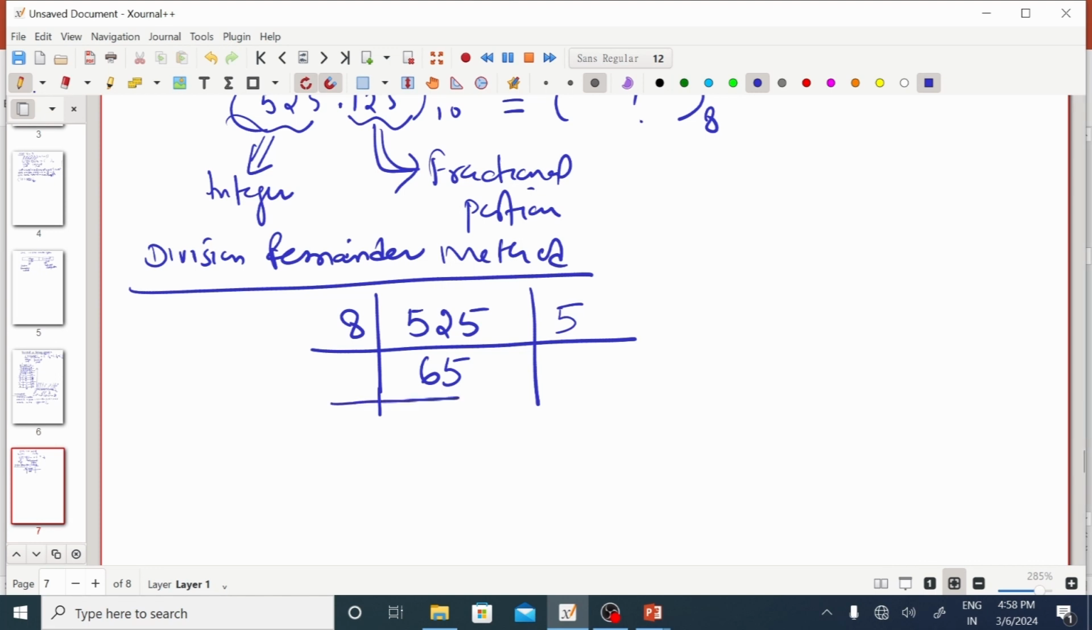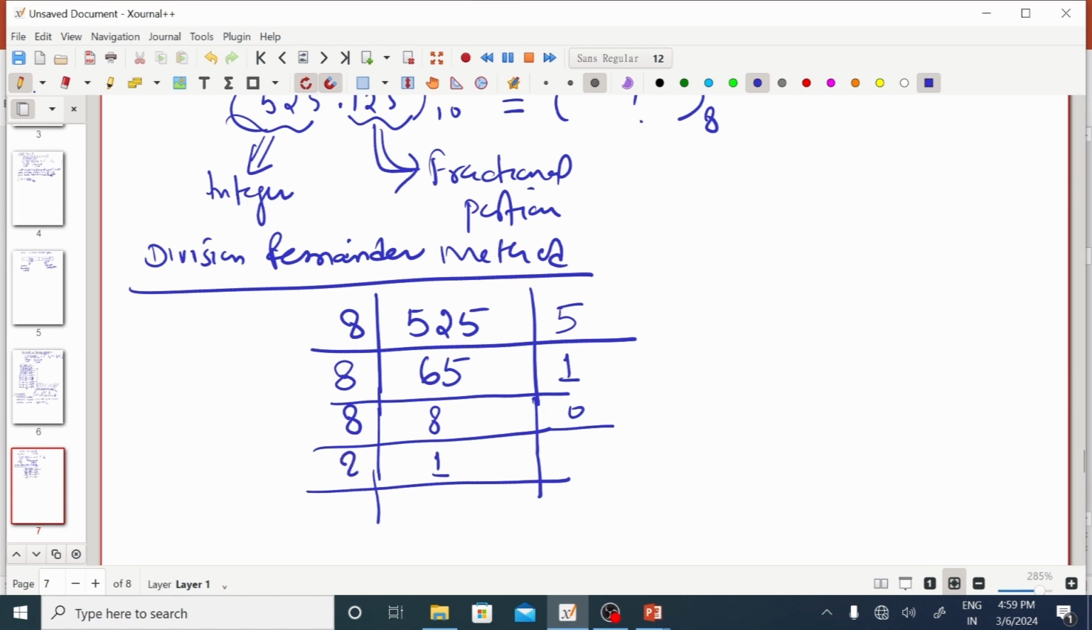Then again, 65 is the successive quotient and this is divided by 8. The quotient is 8 and the remainder is 1. Then again it is divided by 8, it goes 1 time, and the remainder is 0. This is again divided by 8, the successive quotient becomes 0 and the remainder is 1. We stop the process here because the successive quotient becomes 0,